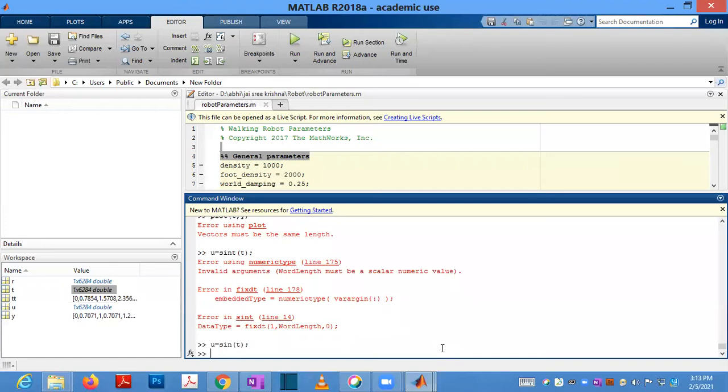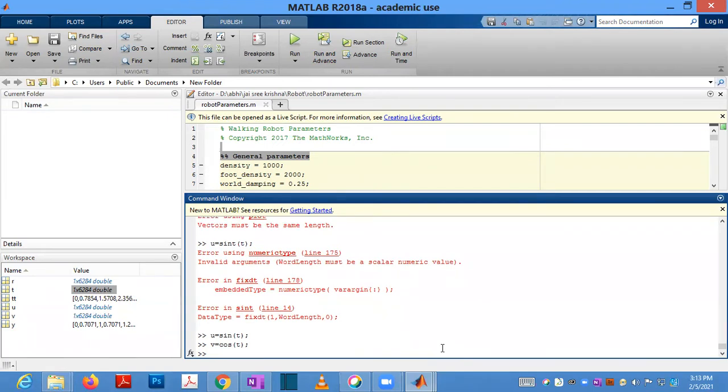So now I created u as sine of t and v as cos of t, and y of tt is also there, so 3 plots are there.